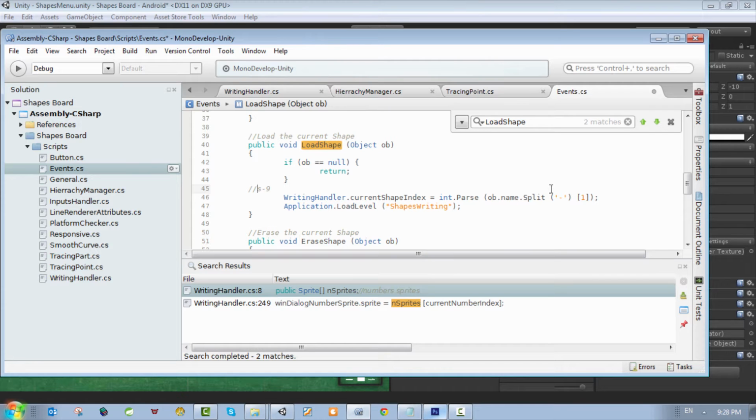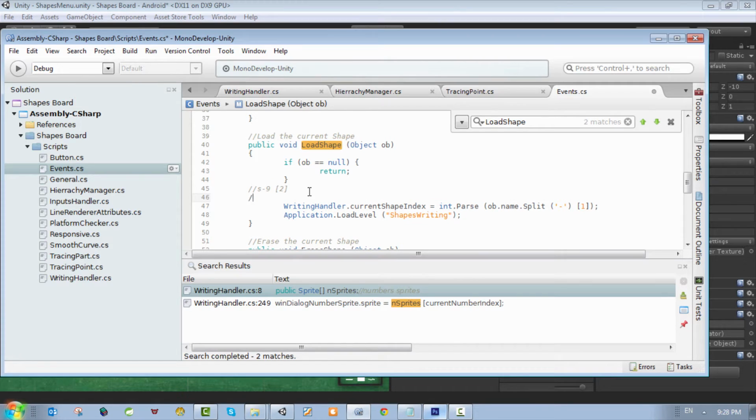So we're just gonna split S alone to the left and 9 to the right. So we're gonna array of 2. So the first place of that array, which is 0, is gonna be S, and the second place of that array, which is 1, gonna be 9. So this is how we got the name of that